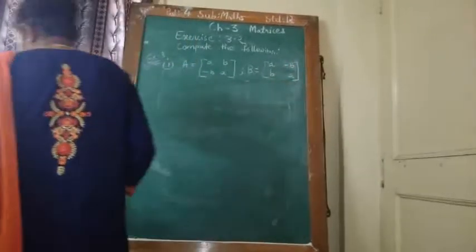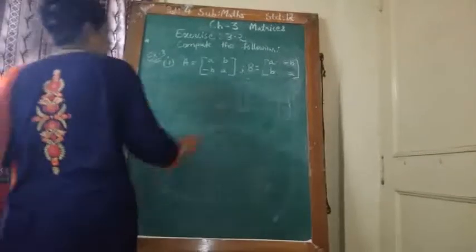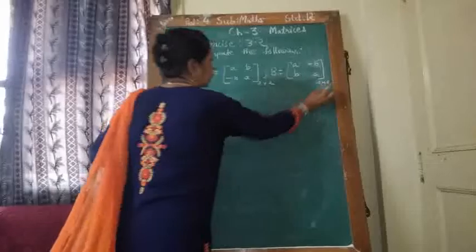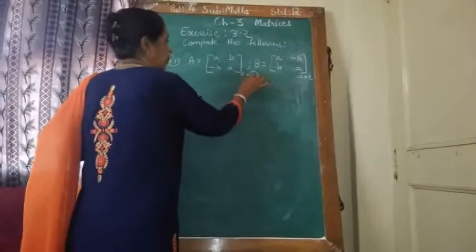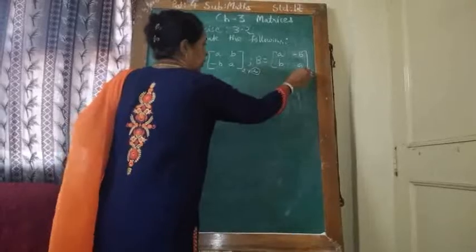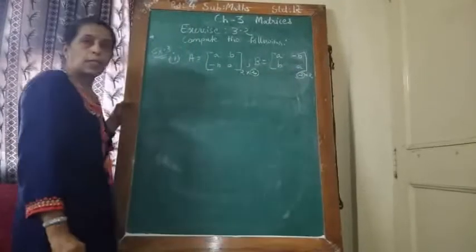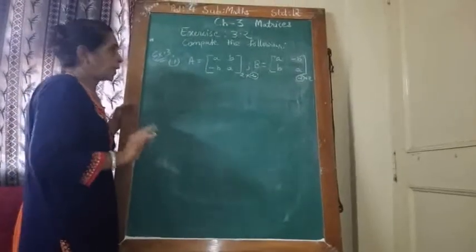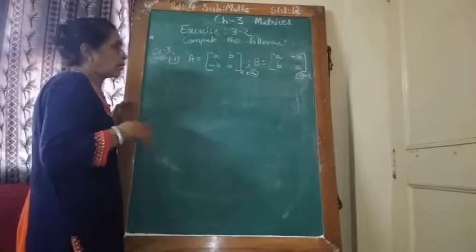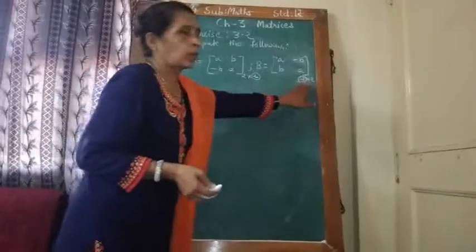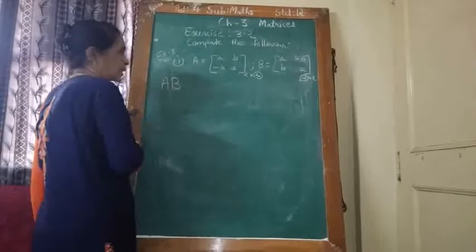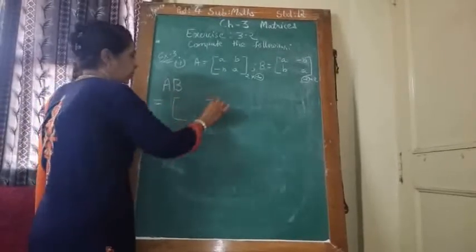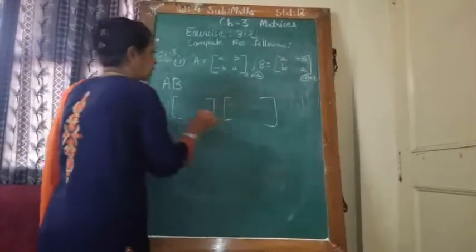So in multiplication, here the matrix is of order 2 cross 2, here 2 cross 2. So the first step I have already told you, no? Number of columns of the first matrix must be equal to number of rows of the second matrix. If both are same, then possible, otherwise not. And the output matrix has order what? 2 cross 2. So here I write the product of 2 matrices AB is equal to, substitute the values of A and B here.